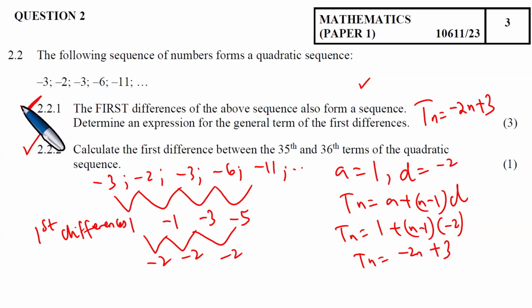Where's the question? No question. Right, calculate the first difference between the 35th and 36th terms of the quadratic sequence. Where's the answer here to